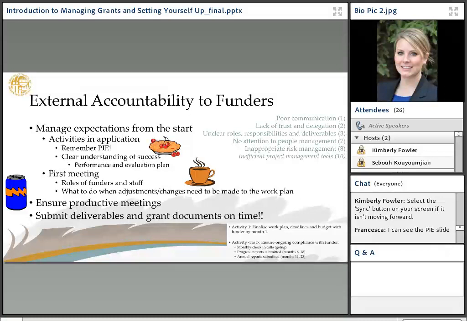I think especially on that first project meeting, you might have a project team that could consist of the team members, the evaluator, maybe 4 or 5 people that are just project team members. And then you might have a technical monitor or project officer, or you might have somebody from the grants compliance department join. So just having a clear understanding of the different roles of folks who you need to reach out to if you have a question about the budget, who do you need to reach out to if you need to make an adjustment on the work plan. And also provide that to the funders as well of what staff's roles are. If you have questions of the organization around the work plan, you need to reach out to this person. If you have a question about this specific deliverable, you can reach out to this person.